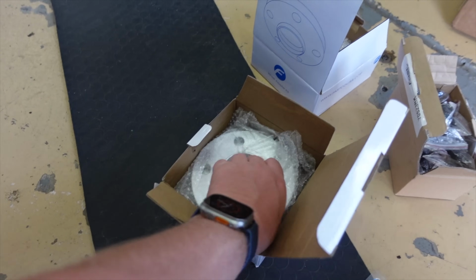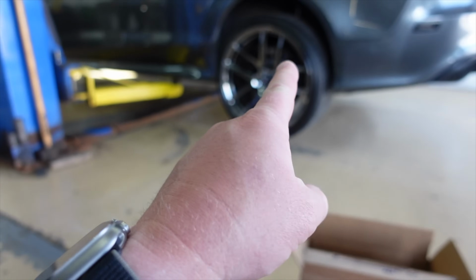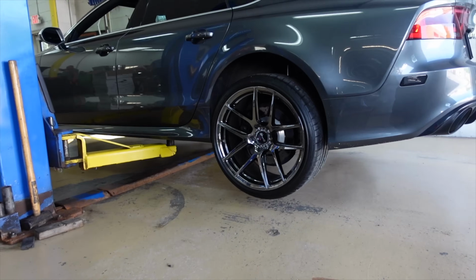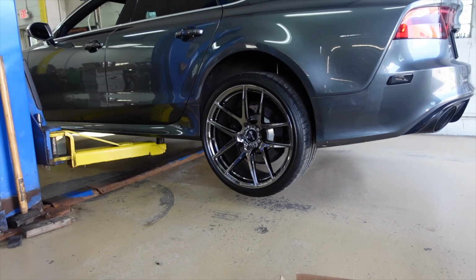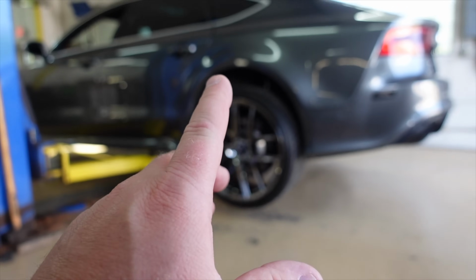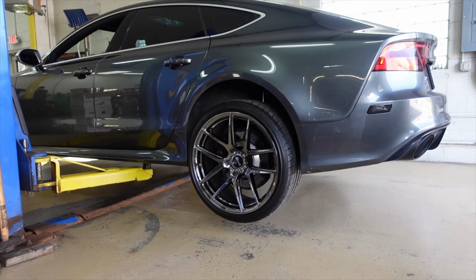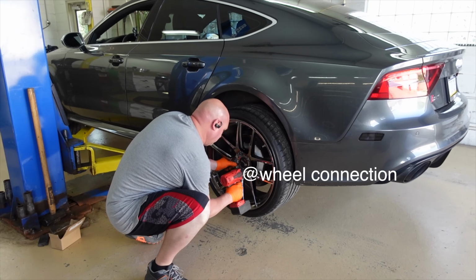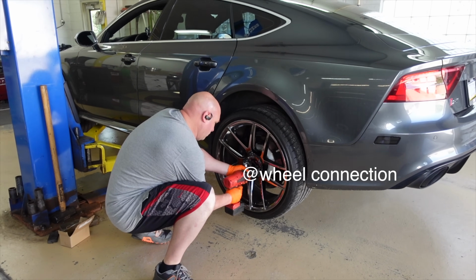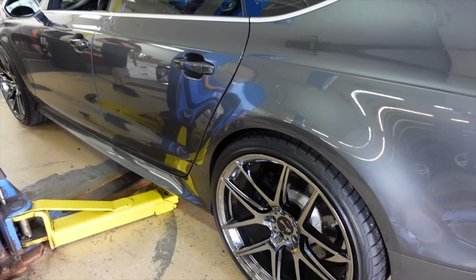And here are the spacers that we're going to be using. They're 12 millimeter instead of 18 in the back and 15 up front. Hopefully that'll make a difference. It'll tuck the wheels and tires in a little bit, and it shouldn't scrape as much. But like I said, we are getting the stock links back on as well, I think next week. Take it for a ride and see if it's...